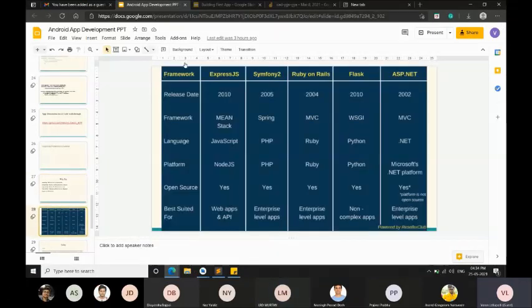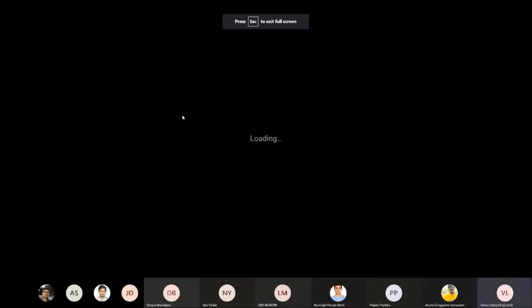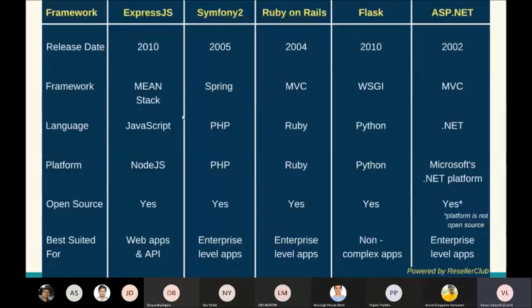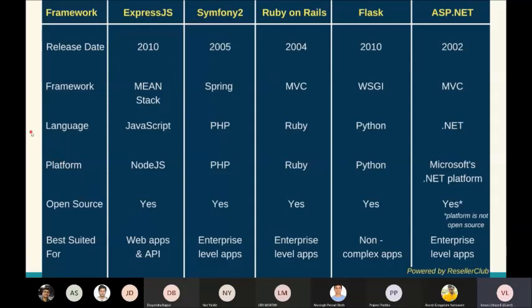Coming to web services, in our application we are going to learn how to integrate our application with a web service.